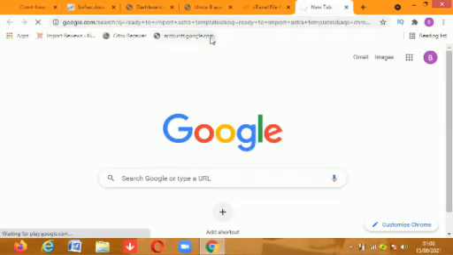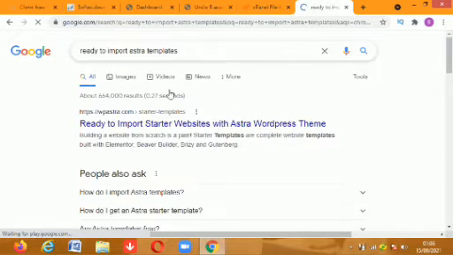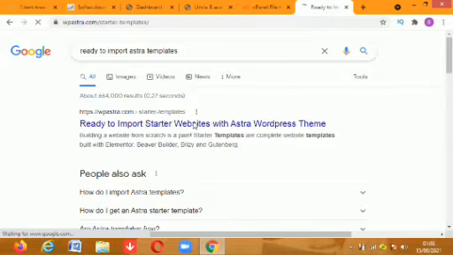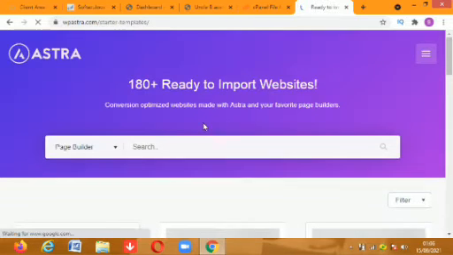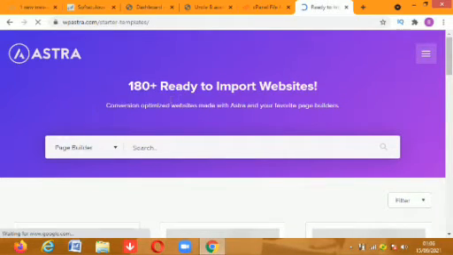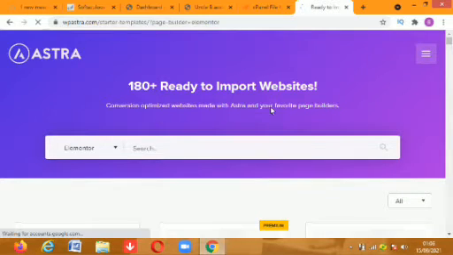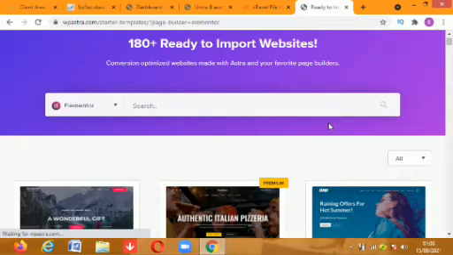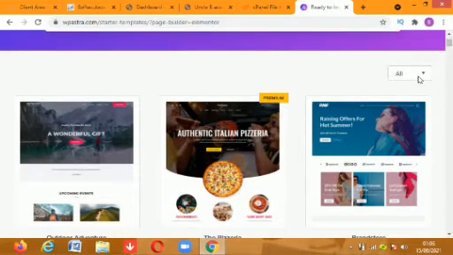So I just want to quickly show us what we want to do, an example of what we want to create. Let's go to this first website here. If you type the same thing here, then you should get this. This should be the first thing. So it's the Astra. Because we are going to be using Astra themes, here are sample websites that we can easily take from